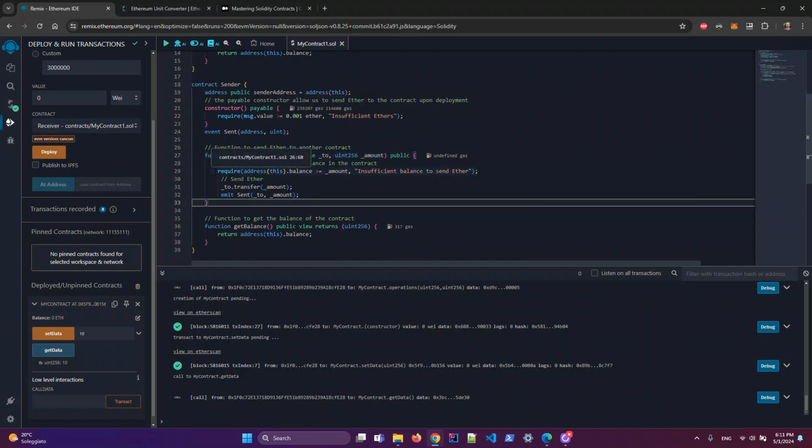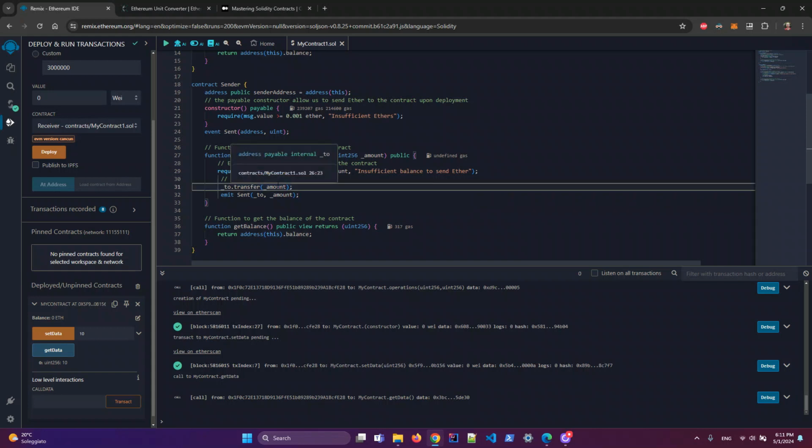We of course require that the sender contract has a balance greater than the amount of money that we want to send, otherwise it is not possible to execute this transaction. Then we call on this address payable that we are receiving as argument the transfer function. So it means that we are transferring this amount of ether that we receive on input to this address